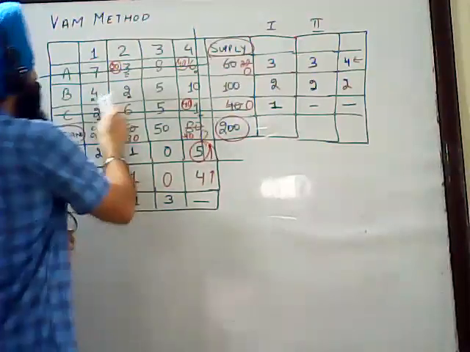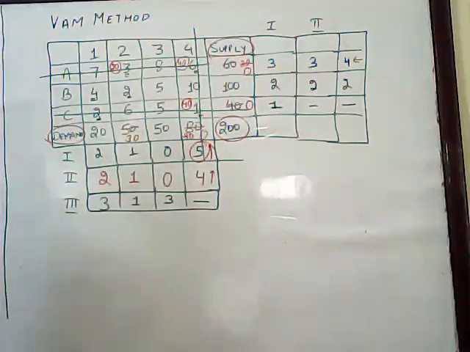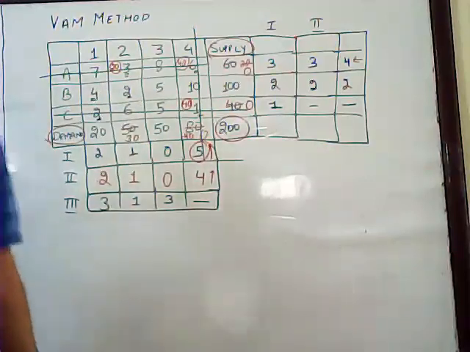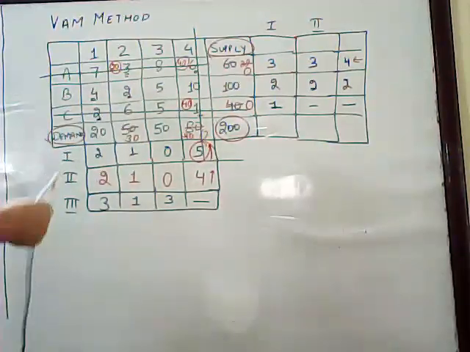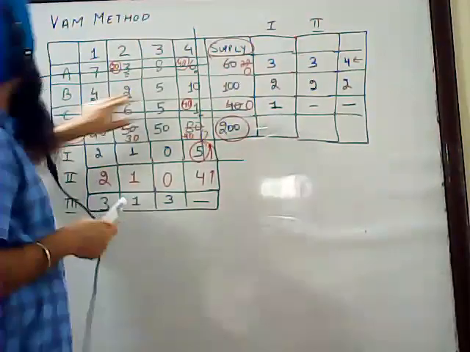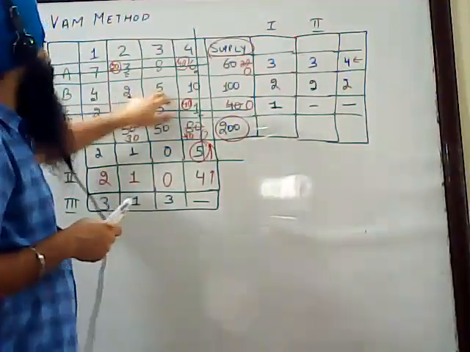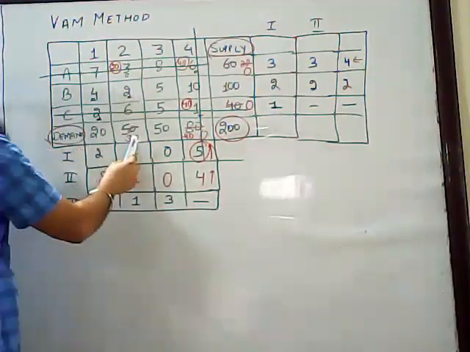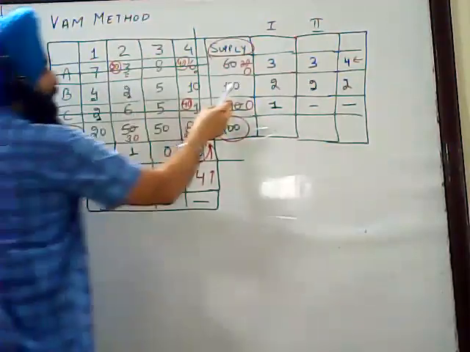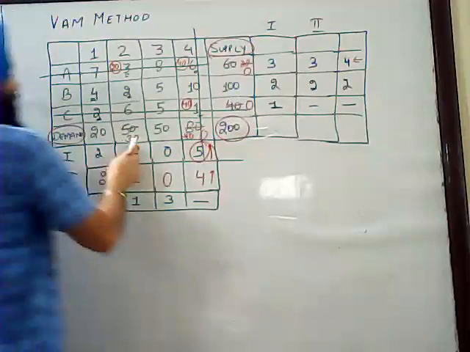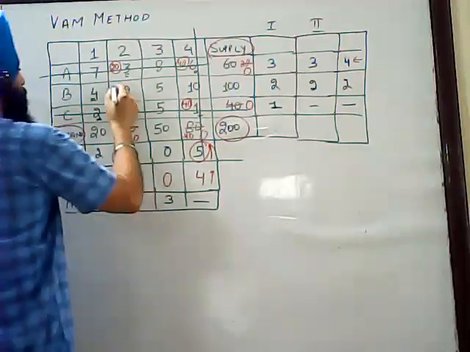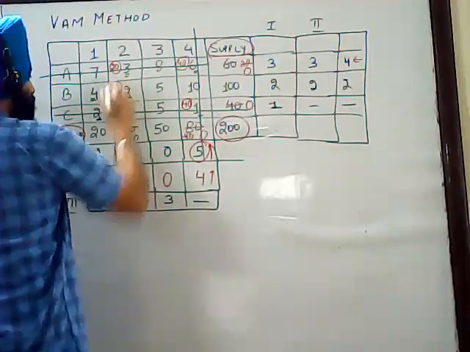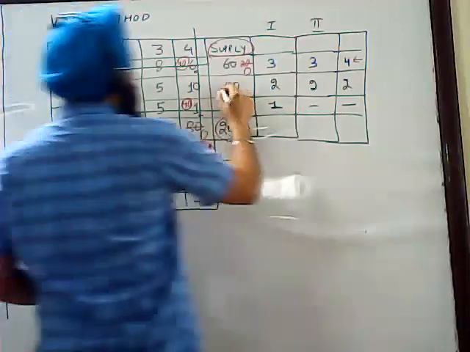So next we have 4, 2 and 5. We are having only one row. The values are 4, 2 and 5. So there is no need to find the penalties as the data is already clear. The minimum value is 2. Here the demand is 30 and supply is 100, so the maximum allocation will be 30. Here the value will be 0 and here the value will be 70.